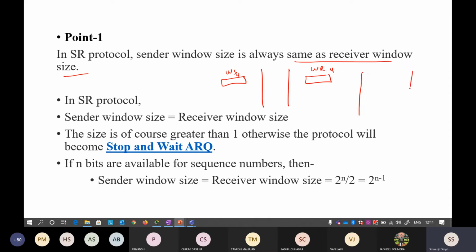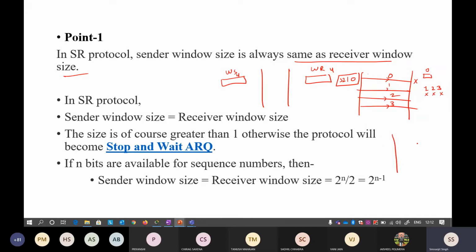So take the same scenario that occurred in GBN. Here the sender window size was 4, and you are sending these 4 packets: 0, 1, 2, 3. Now what happens in go back N is that if your 0th packet is lost, because the receiver window size is only 1, it is expecting the 0th packet. If it is lost and packets 1, 2, 3 arrive, you will also discard these packets. Why? Because you do not have space to store them.